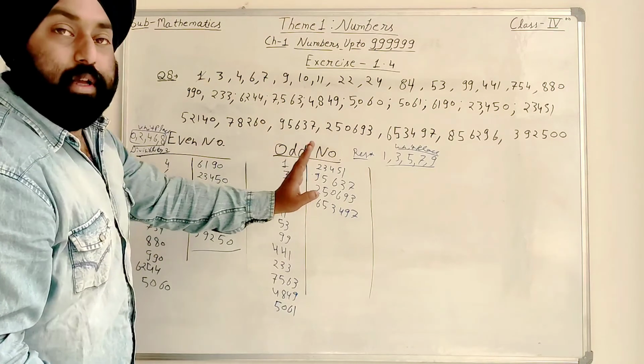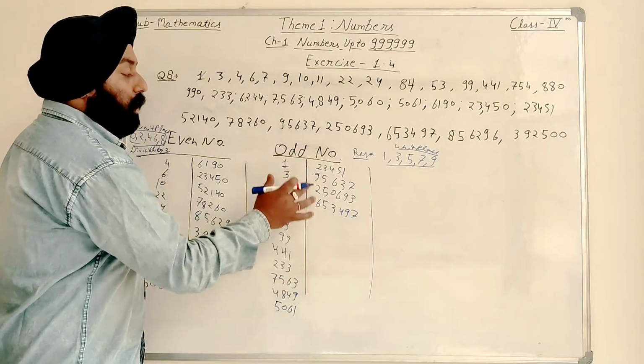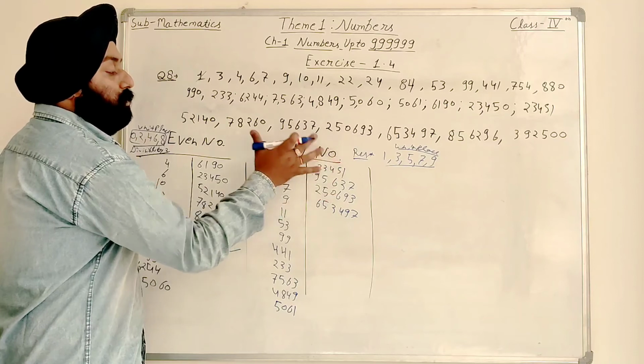So the odd numbers are placed under the heading odd numbers, and